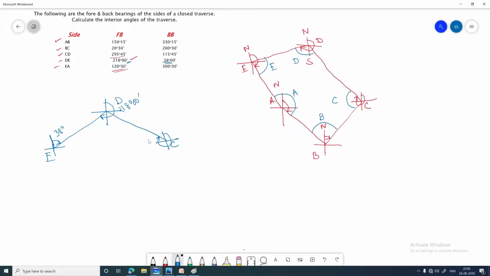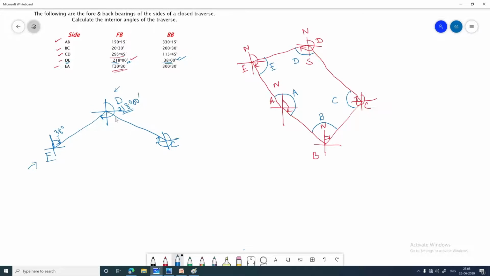So I hope you can understand how I am mentioning the angles. That means why this is 218 degree, because of DE, the forward bearing. When I consider this forward bearing, I need to see from D to E point, right? Now I am watching from D to E point and the angle is 218 degree. Look, you can see that when I am watching from D to E point, this is the angle, this is the line, so this 218 is the forward bearing and the back bearing is 38 degree. That means when I see from E to D side, this is the angle, so this is 38 degree. You can see this is 38 degree. So in this way you can write the angles, right?